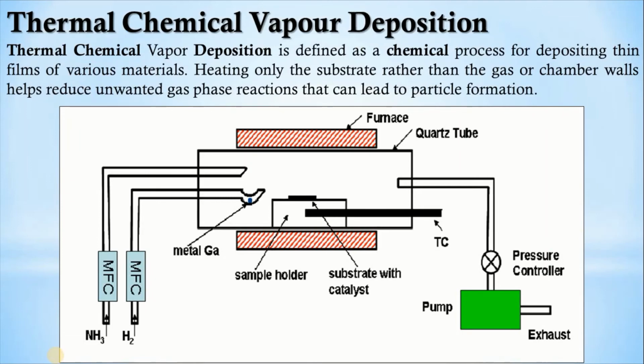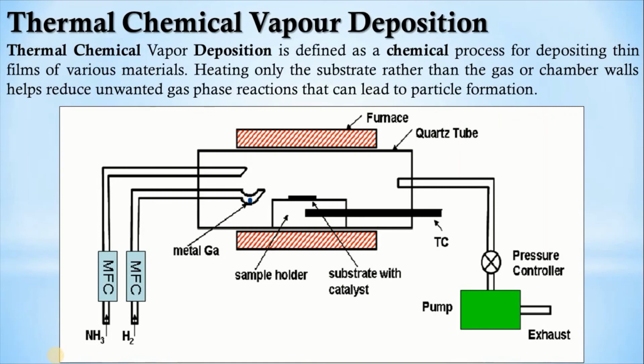Second, in a cold wall reactor, only the substrate is heated. So whenever the substrate with a catalyst is heated, the deposition takes place in the area of the highest temperature. Since CVD reactions are generally endothermic, the deposition of the material will take place where there is a higher temperature. The deposition is only on the substrate in cold wall reactors, and therefore contamination of particles is reduced considerably.